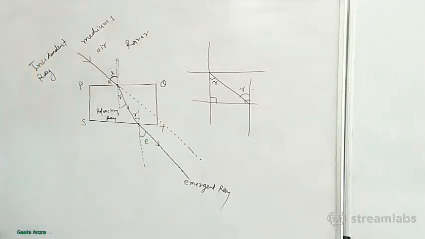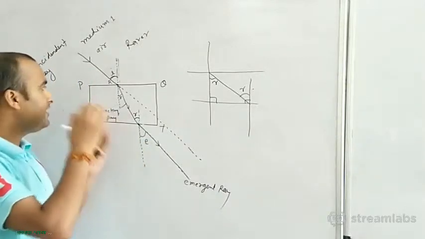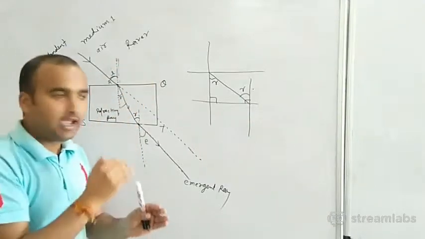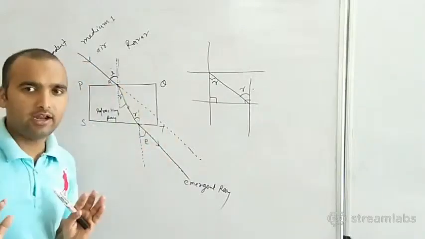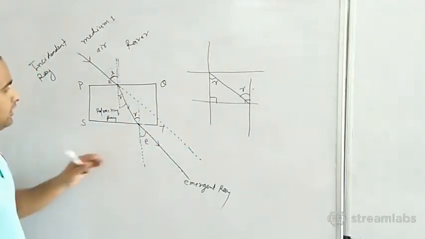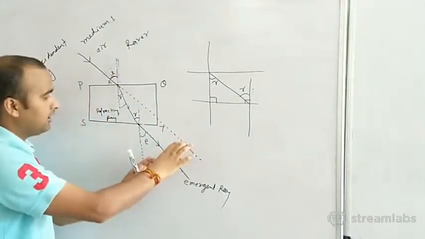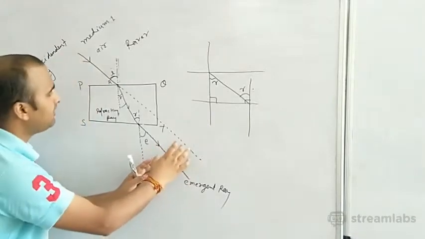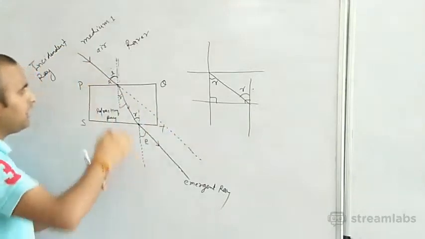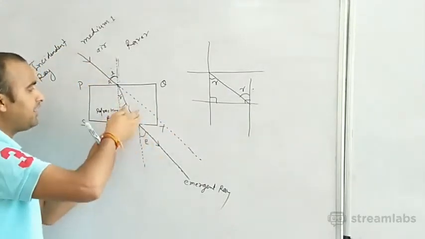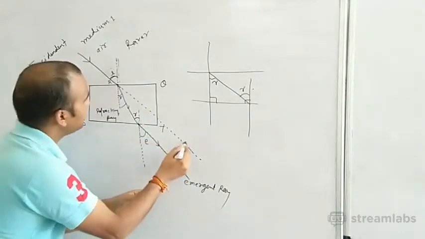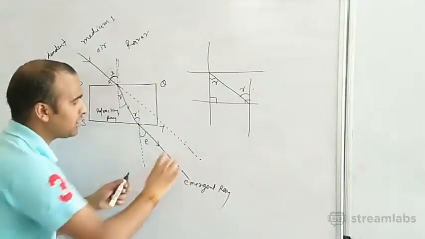So this way, if light is incident obliquely on a glass slab, the path of the light inside the glass and outside the glass is like this. Understood? So refraction is going on. What you observe here is that the original path of the light is like this, and after the refractions, when the light passes out from this glass slab, the path will be like this. It means this incidence line and this emergent line are both parallel to each other.